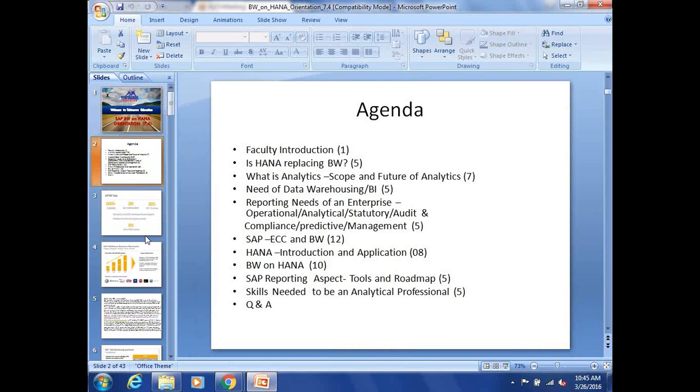Then what are the tools for SAP reporting, and what are the skills needed for an analytical professional? Generally, the questions which I get is, what are the skills needed? And then we'll go for Q&A. Okay. So coming back,